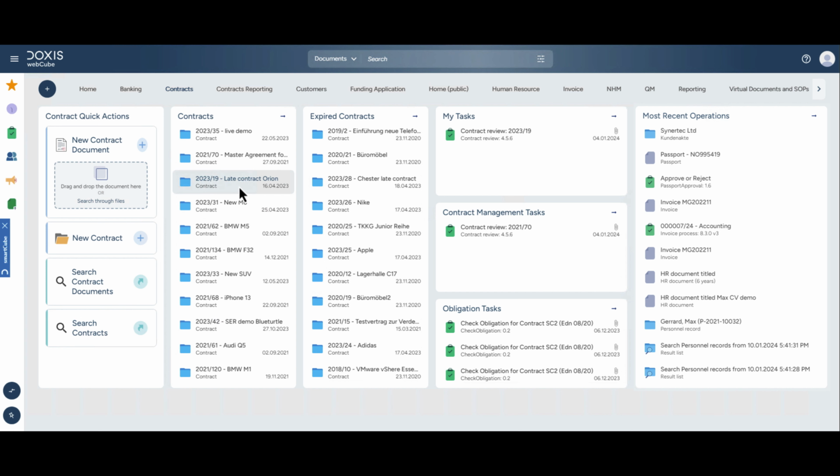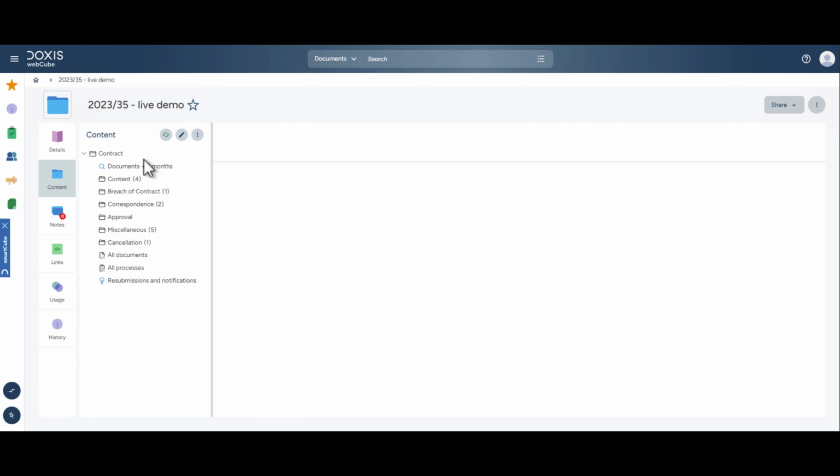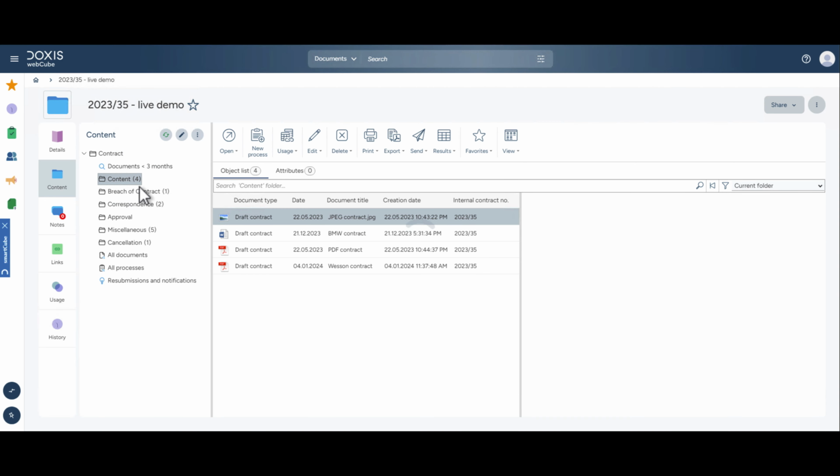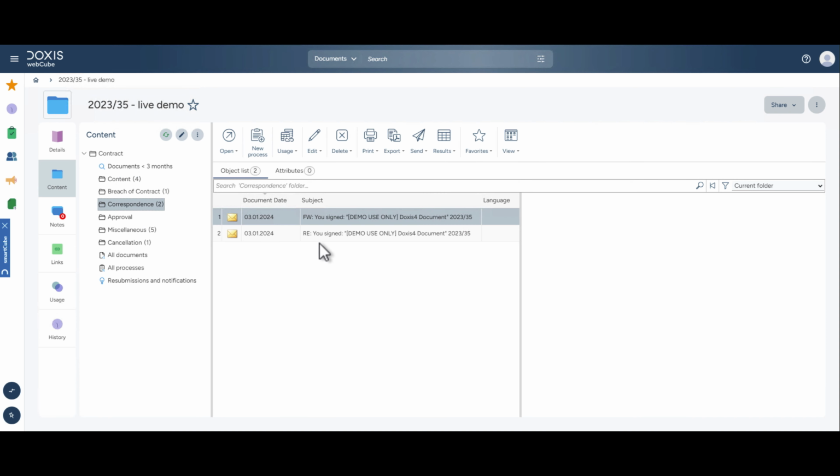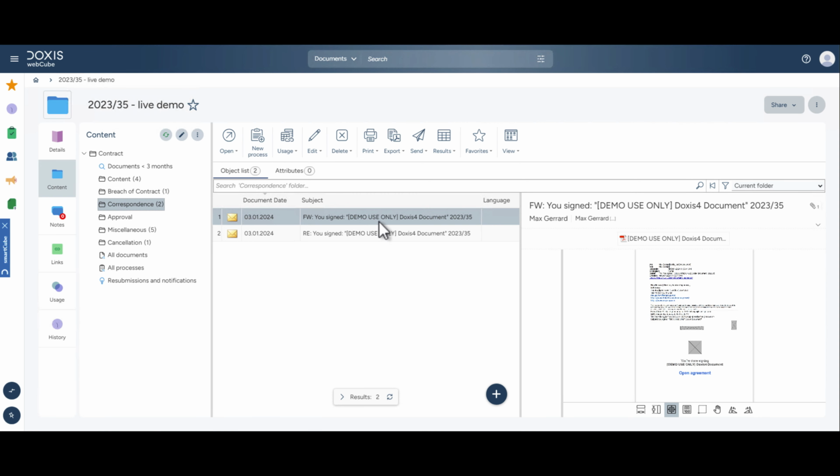So now let's go and open up a contract and we'll select this one over here. And the first thing you can see is the different e-folders that we have to go and store documents to do with this contract. As well as contract documents, we also automatically upload any correspondence or emails to do with contracts as well, so that all of those discussions going on in the background can be really easily accessible from